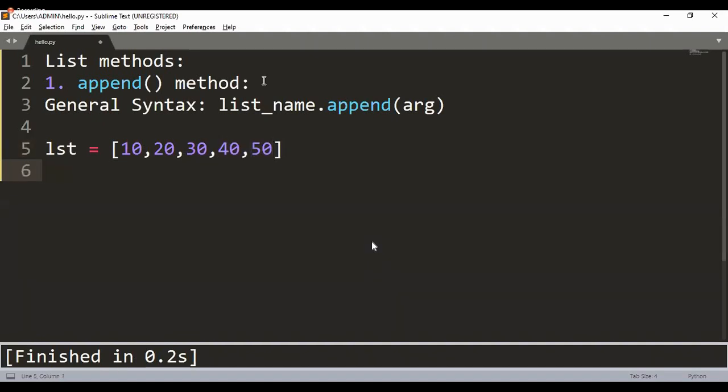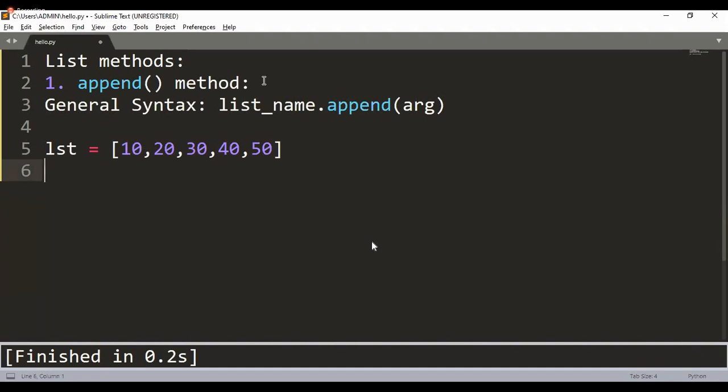After I have created this list, maybe after a few lines of code, let us assume all of a sudden I forgot that I actually had to add one more element to my list. Maybe the new element happens to be 60, and I know that this new element has to be inserted inside my list. If that is your expectation, how do we do it, sir?